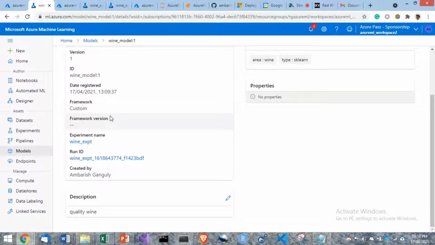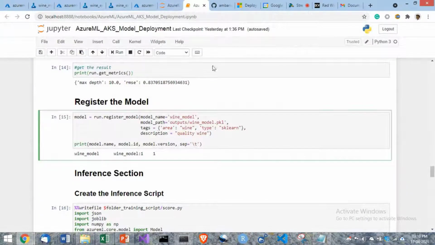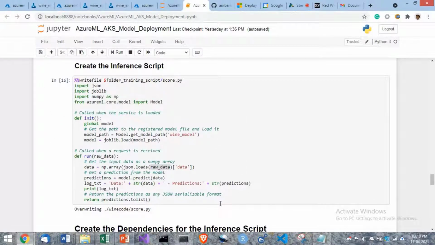Now I, as a user of these models, do not have to build the models. I'll have to use the model. So to use the models, I would require a web service or something of that kind. So what I will do as a data scientist is create an inference cluster. The model building has been done, and now I do the model inferencing part. If we go back here, we'll create an inference script.